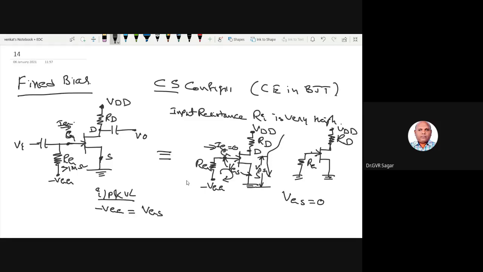So this is about the fixed bias. In the fixed bias, there is a drain resistance RD and a gate resistance RG. The RG should be a very high value, more than 1 megaohm, or sometimes it may take more than 500 kilo ohms also. So for this circuit, you replace the equivalent circuit here, right? After getting this equivalent circuit, then we have to